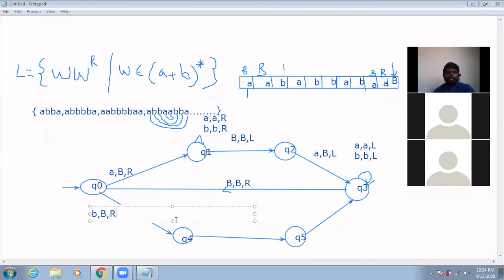And here also the transitions are. Here also what are the transitions? At Q4, what are the transitions? Any number of A's, any number of B's: A comma A, you can move to the right-hand side, and B comma B you move to the right-hand side. Like this, again you encounter a blank. Whenever a blank is coming, you make blank on blank, you come to the left-hand side, blank on blank, you move left.